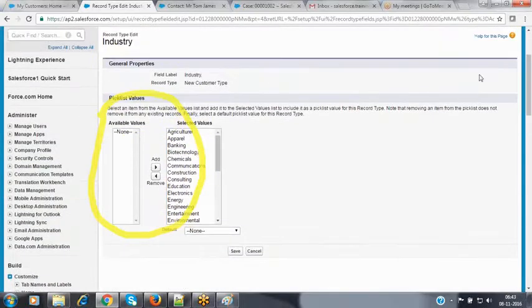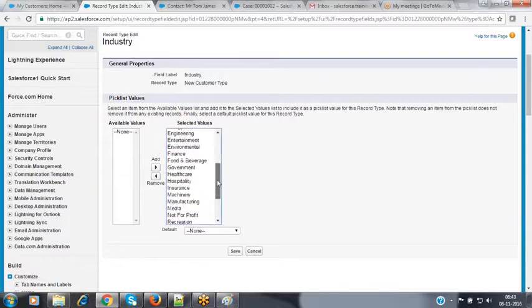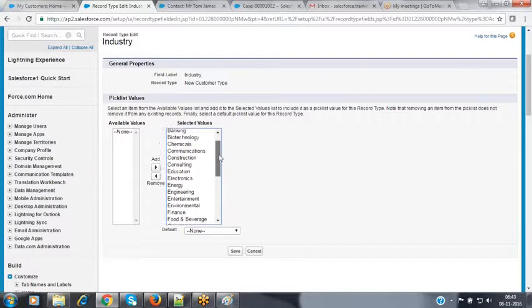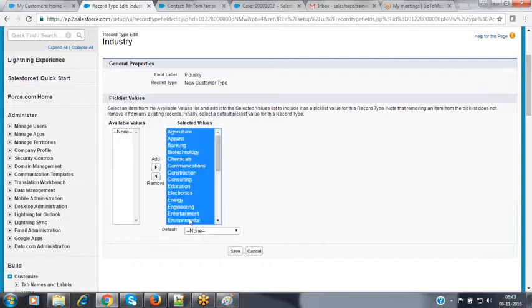As soon as you click on the edit button, it provides all the values available inside that pick list field. Now, what values do you want to populate inside this industry pick list field? I don't want to use all these options.